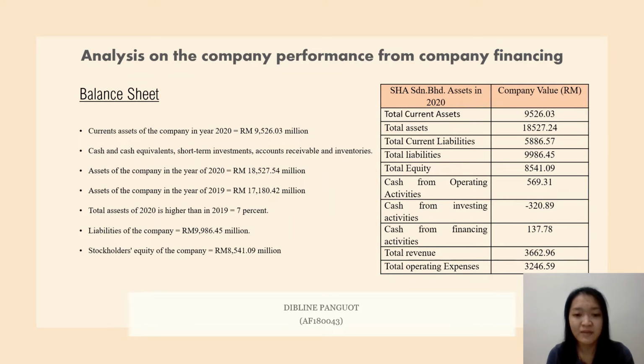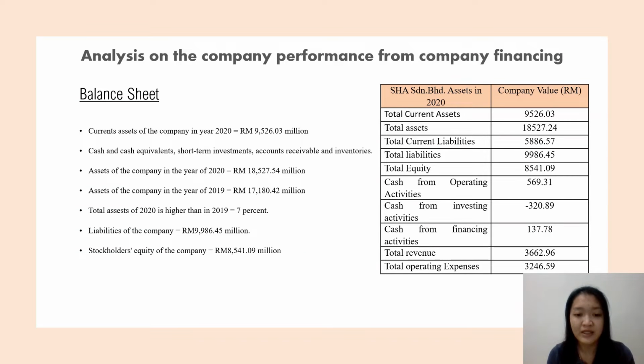The report shows that the amount of these 4 major accounts had raised in year 2020 compared to year 2019. Overall, the total assets of the company in the year 2020 is 18,527.54 million, which is higher than in the year 2019, which is 17,180.42 million by 70%. The amount shown under the assets represents how much the company owns at the time